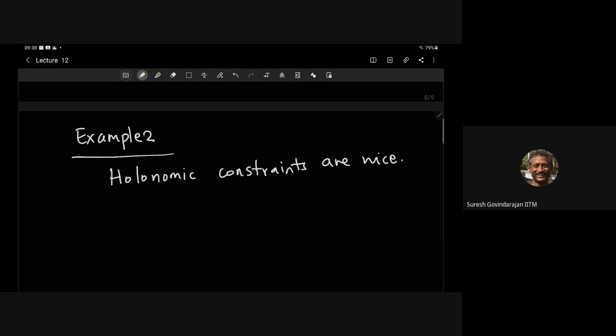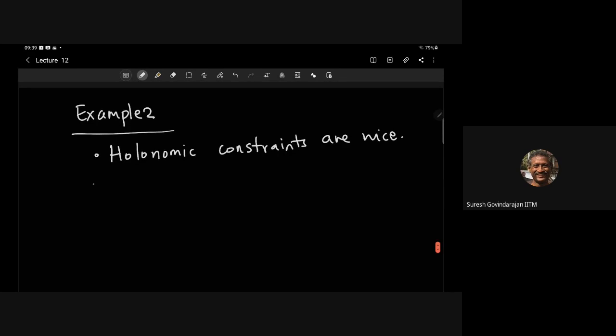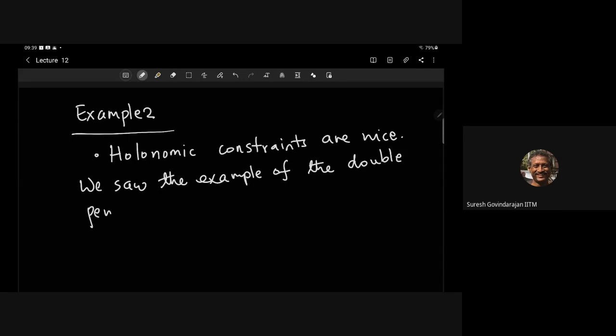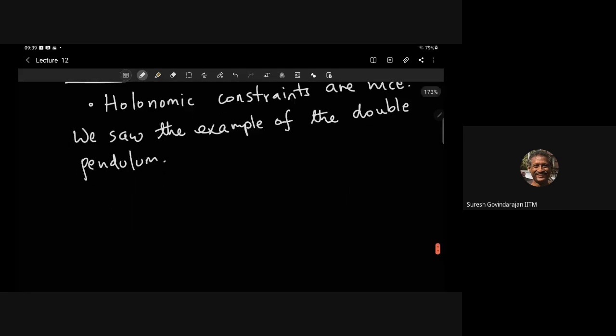We already saw the double pendulum, which was of this kind: two masses connected by some rigid rods. It has 2 degrees of freedom. But if you try to solve it as we did in high school,